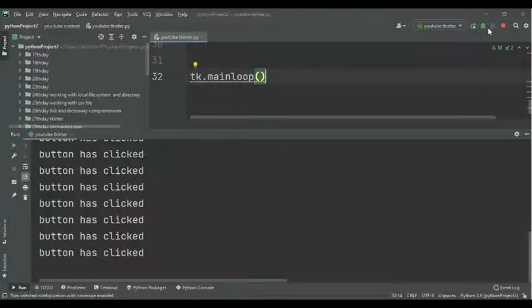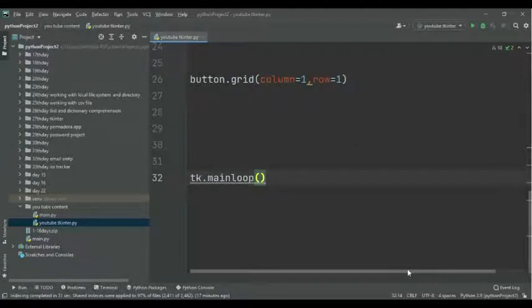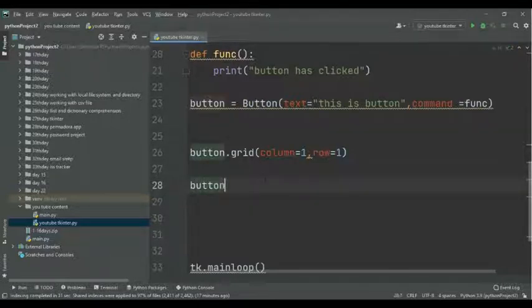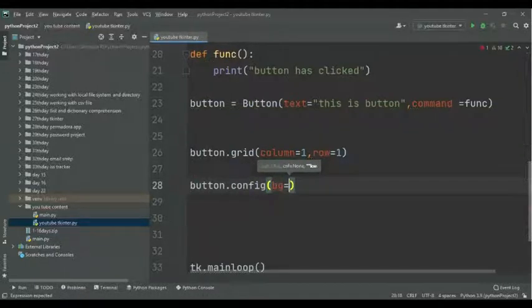Each time I click the button, the command passes to that particular function, and that function executes in the console. This was the main objective of a button, which is used for command purposes. You can also configure the button background color by using button dot config, bg, and fg is for font color.